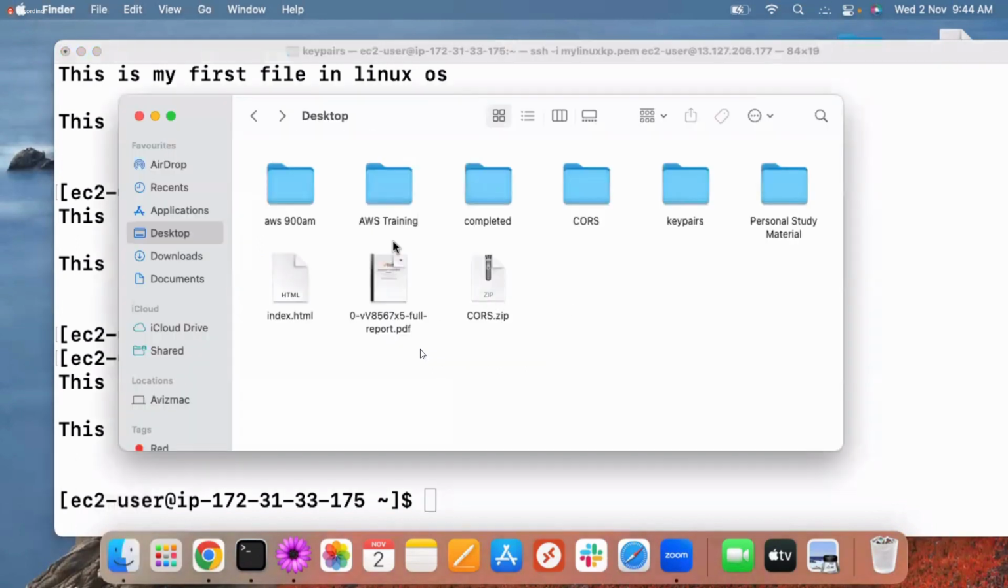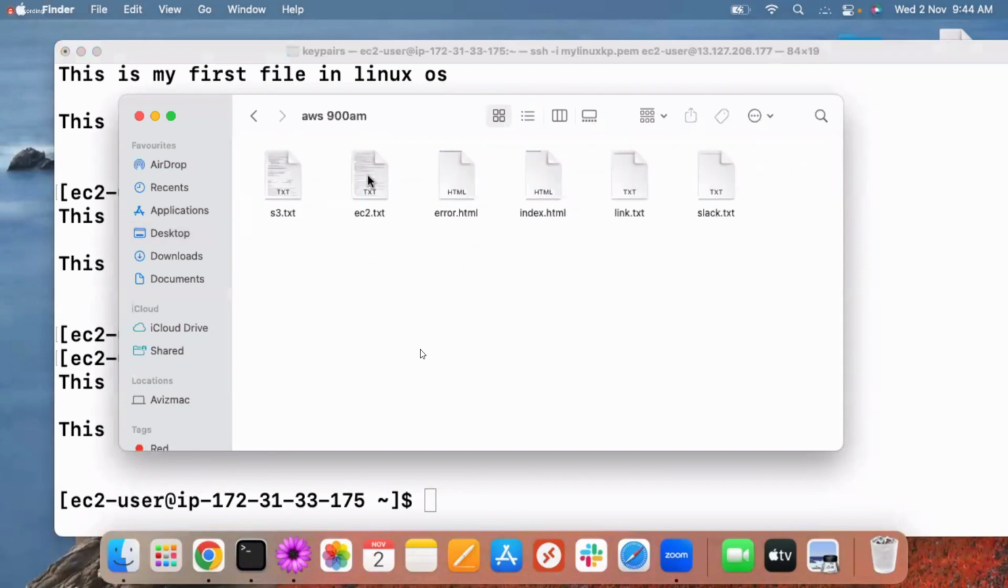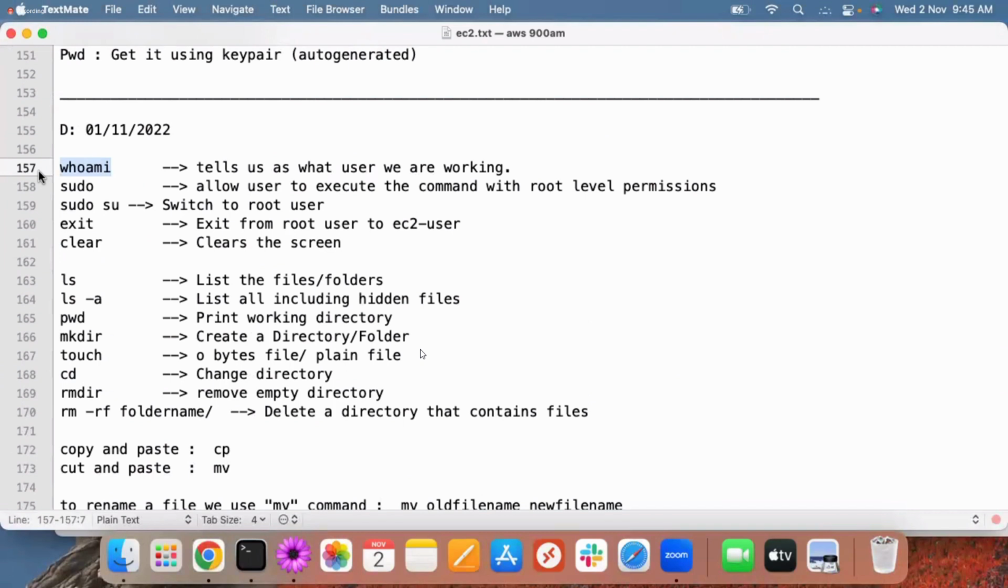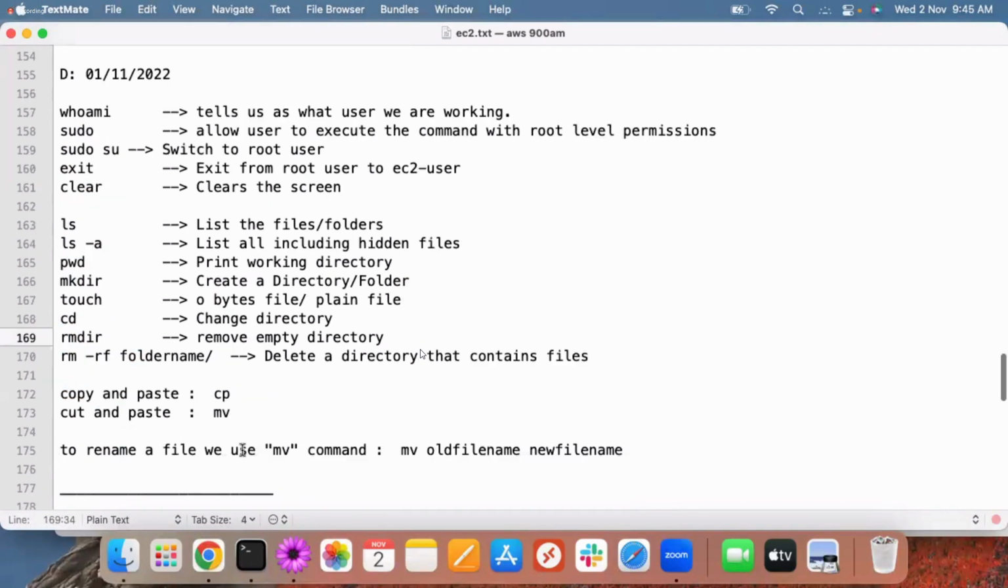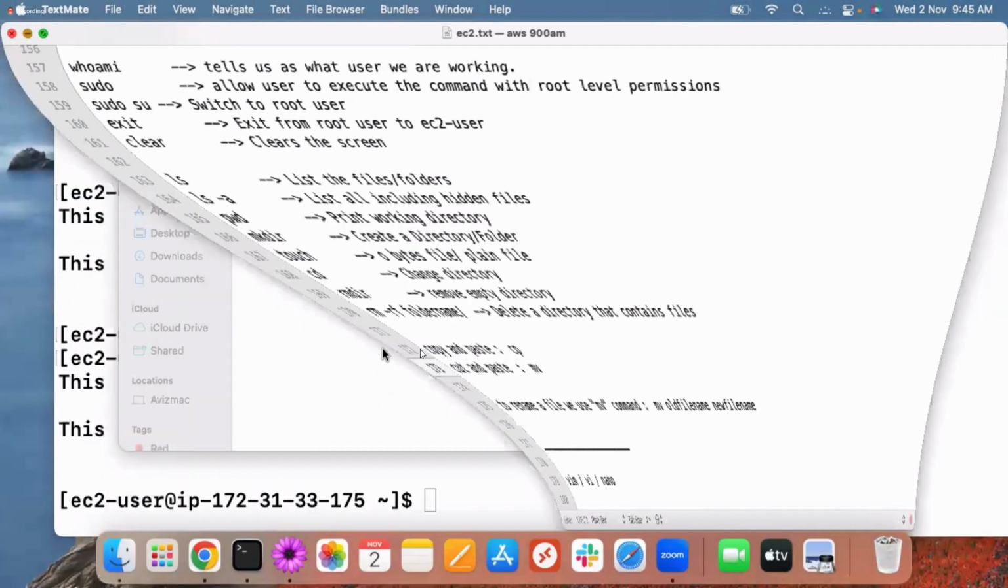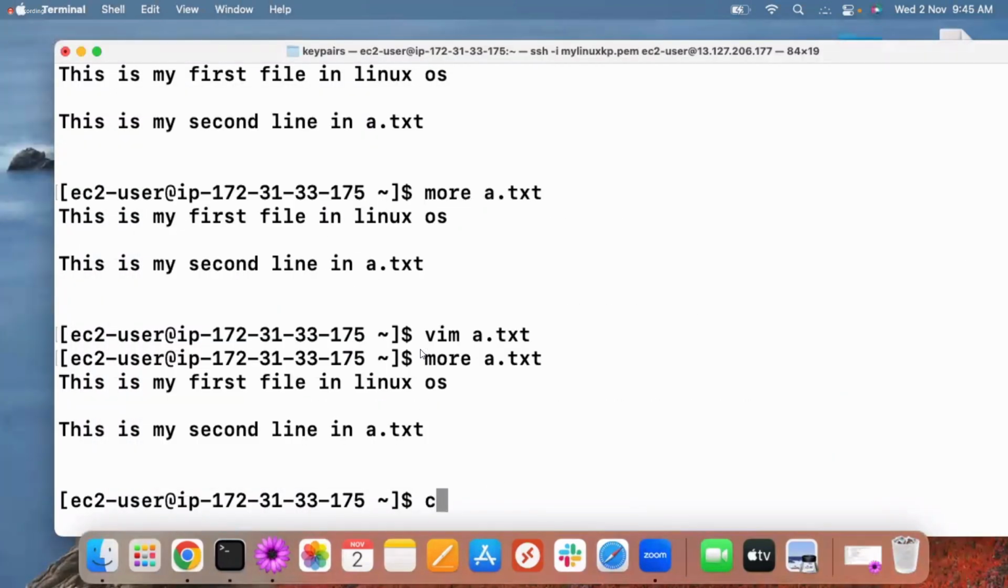Okay. So here, let me quickly open that EC2. So, am I clear with this? Sudo we will talk about now. The commands so far: clear, ls, pwd, mkdir, touch, cd, rmdir to remove a directory, cp for copy paste, and mv for cut paste. Now for renaming also we can use this mv command. For example,